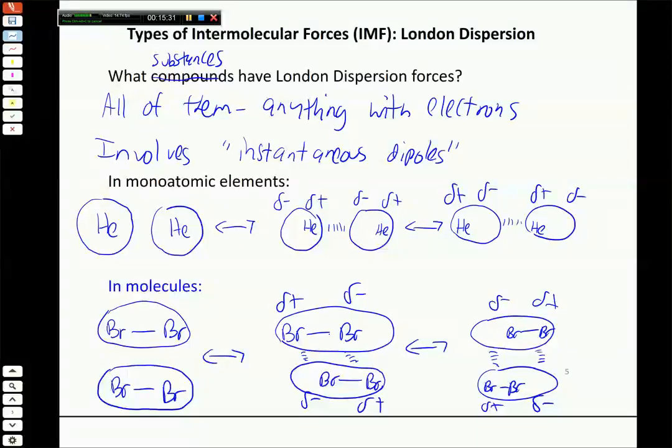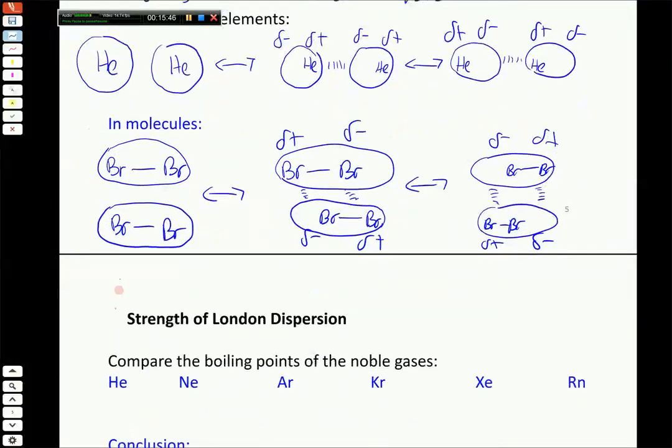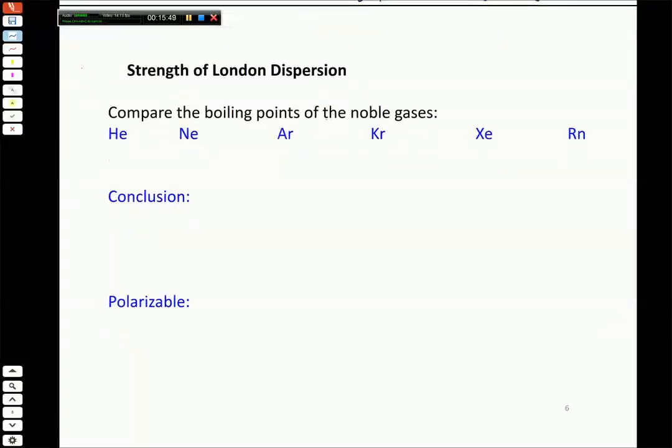I do want to emphasize that London dispersion forces are very weak compared to other types of inter- and intramolecular forces. They're extremely weak, but they're still nonetheless important in a lot of condensed phases and even in nonpolar substances. So let's talk about how we compare the strength of London dispersion forces. Even if you have a series of substances that only exhibit London dispersion forces, like all the noble gases, where London dispersion force is the only type of intermolecular force present when the substance is nonpolar, the London dispersion forces are not necessarily all going to be equal in strength. So if we look at the boiling points of the noble gases, starting with the lightest one, helium, and going on down,